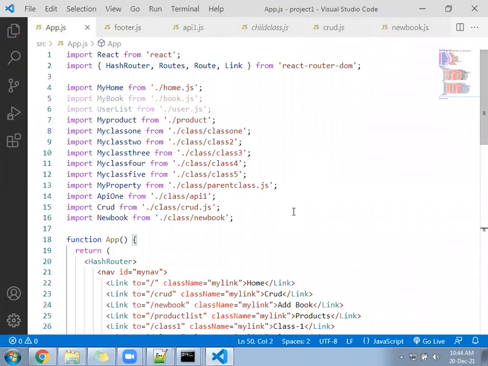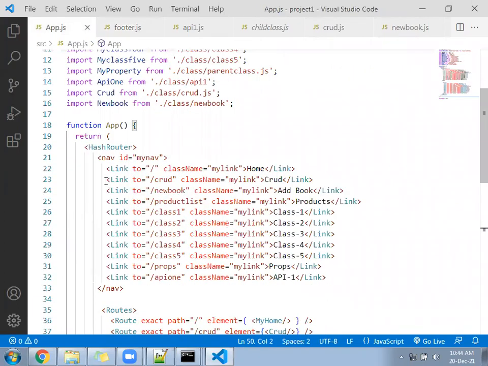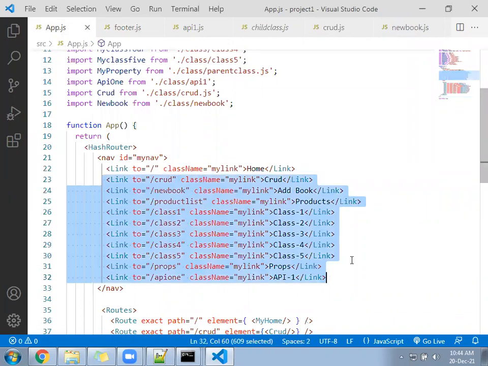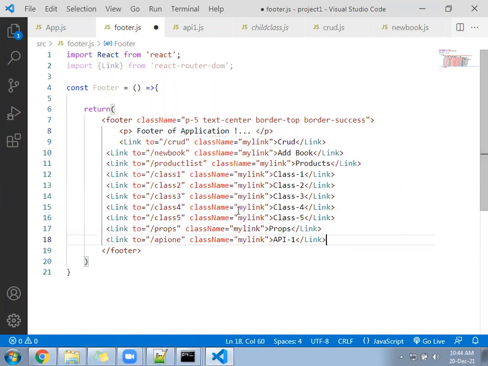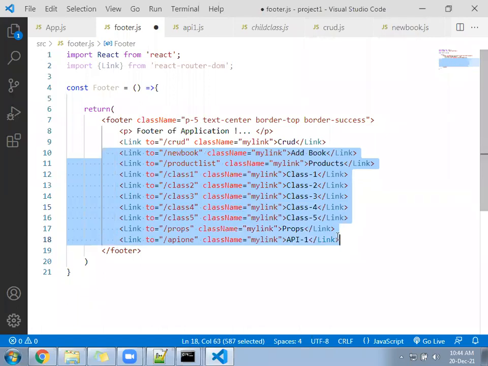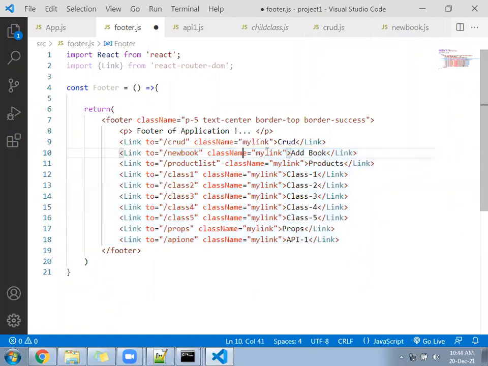Now go to the app file. In the app file, we have written the header here. In the header, we have multiple links, correct? All the links we can copy from here and paste under the footer file. One home you can leave there. Remaining you copy and paste under the footer file. And the class you are calling, this particular class, you can replace by M3.